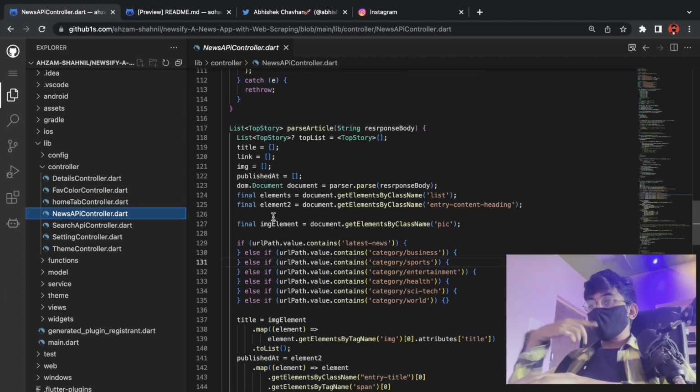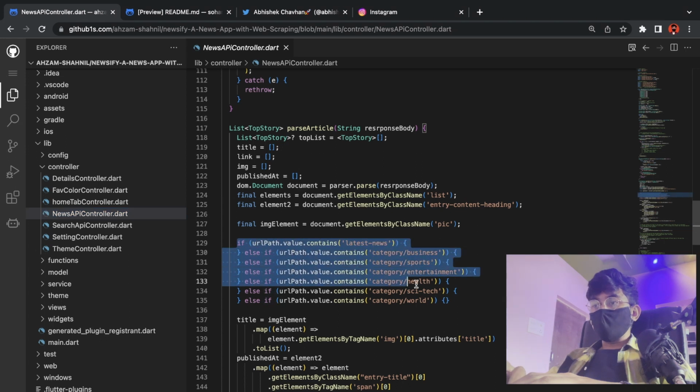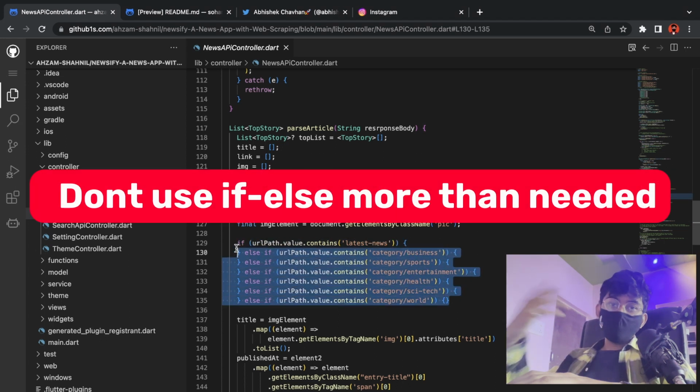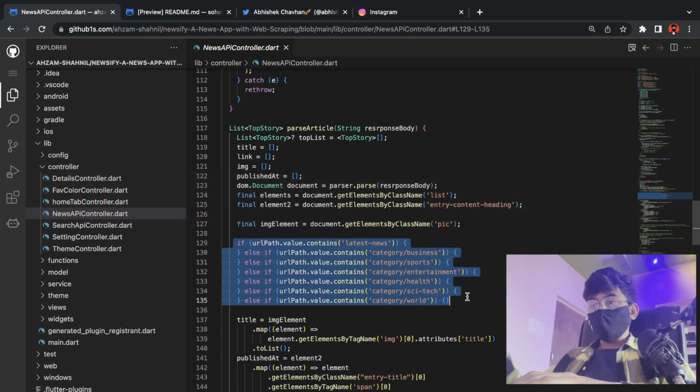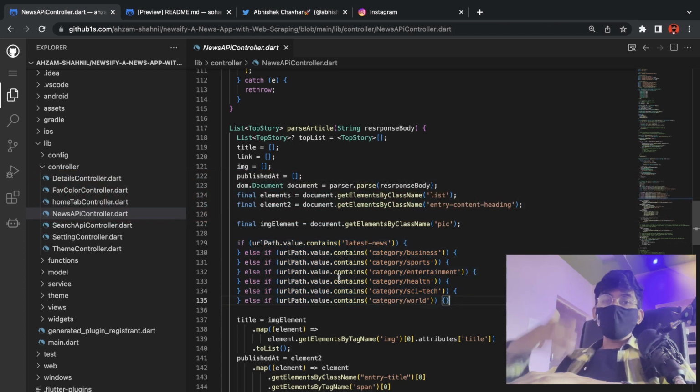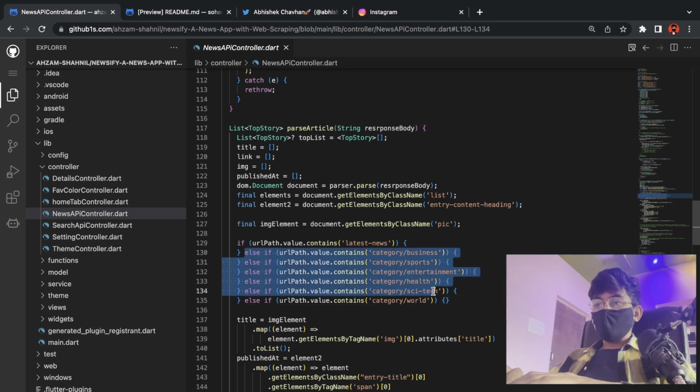And oh my god, one piece of advice from my side will be reduce the usage of if and else statements. I know if and else statements make work easy, but instead of using all the if else statements, you should be using switch statements if there are more than, say, 3, 4, 6 else ifs.